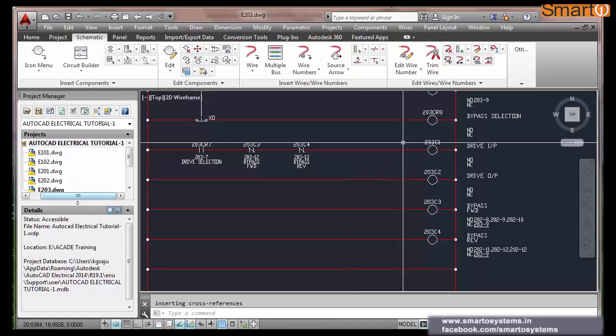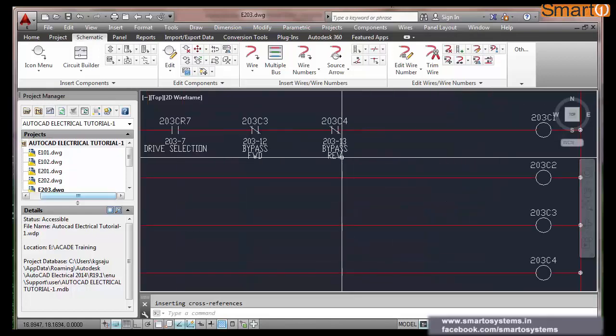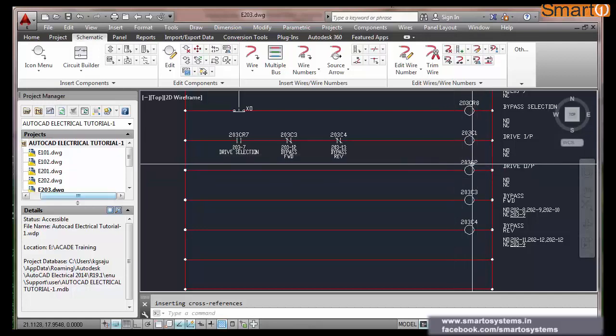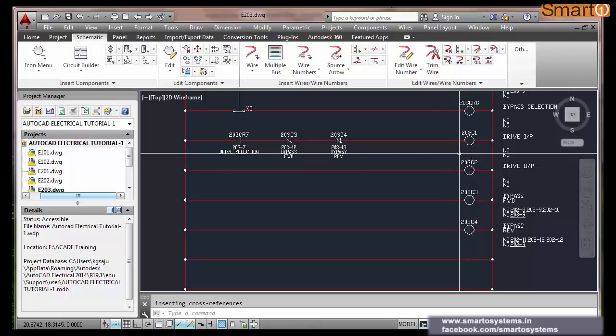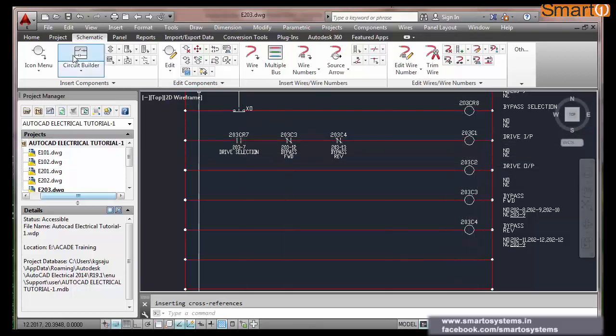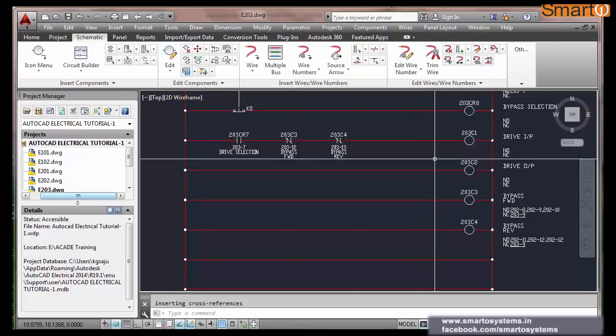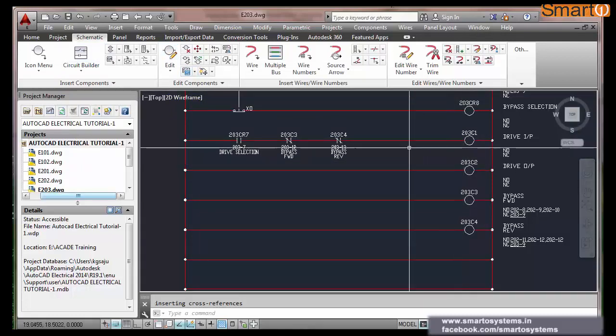Then the input contactor will get on. Now the drive output contactor will get on after the input contactor is on. First the input contactor would get on, and only then the output contactor.